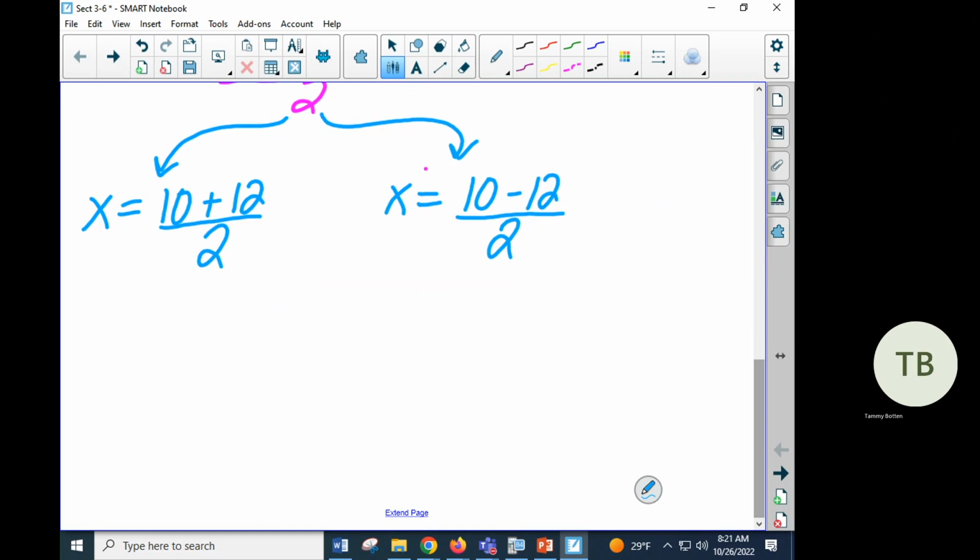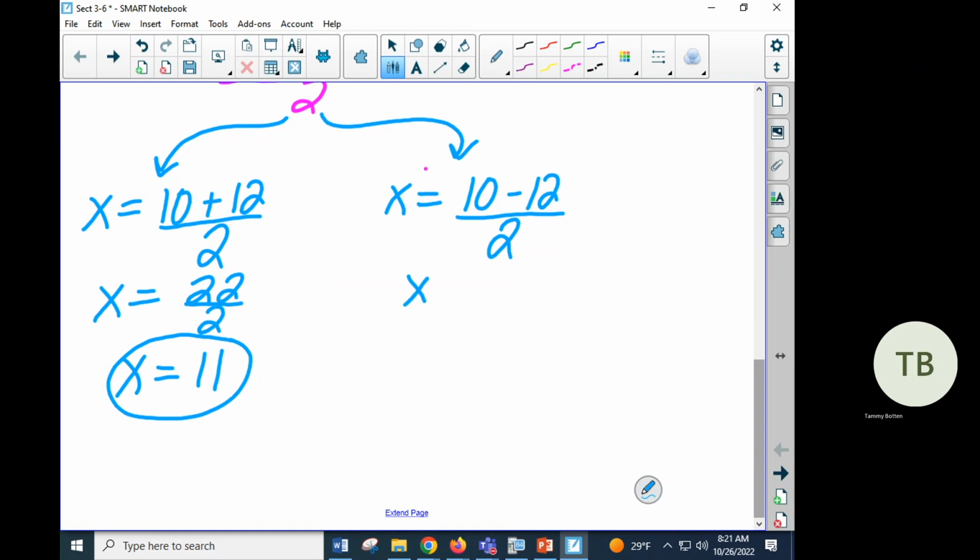Okay. Now, when you do this, you don't want to just punch this into your calculator at this point. I would add the top. 10 plus 12 is 22 divided by 2, which is 11. Okay. And then here, the only thing I caution you